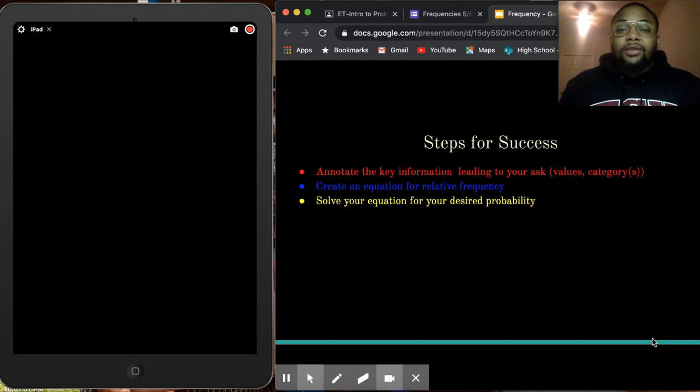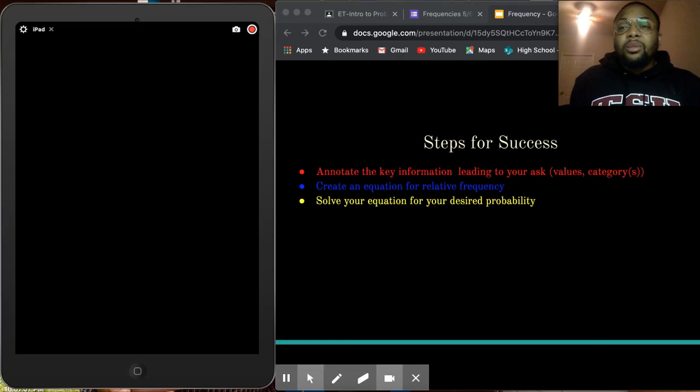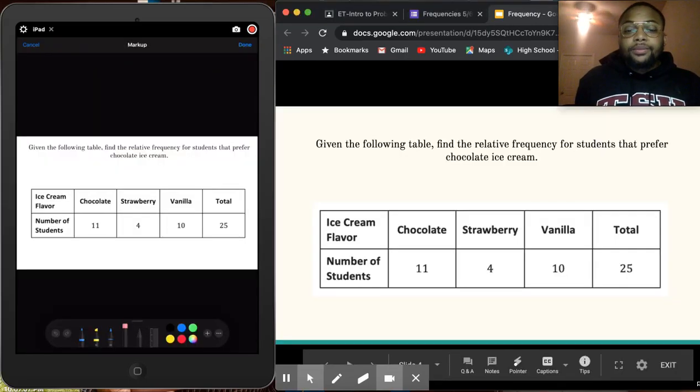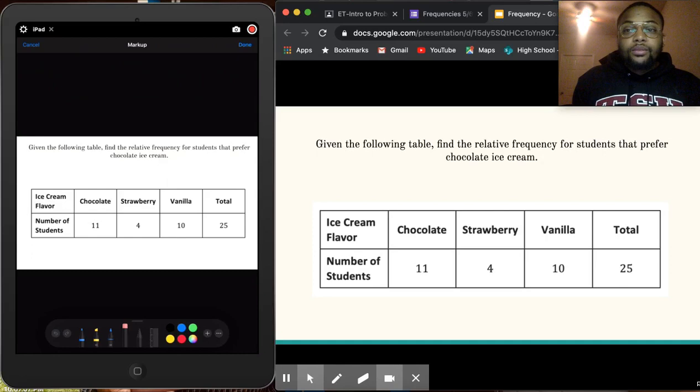We need to annotate for key information. We need to create an equation for the relative frequency, and we'll talk about what that is in a bit. And then we want to solve our equations. Give me just a moment, we'll open up our first problem. All right, our first problem reads, given the following table, find the relative frequency for a student who prefers chocolate